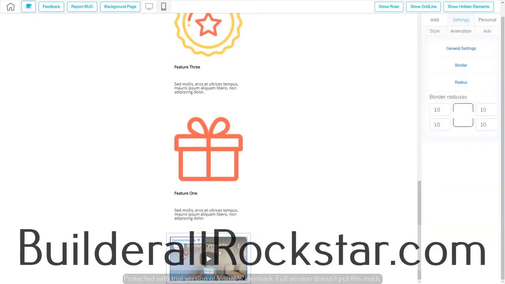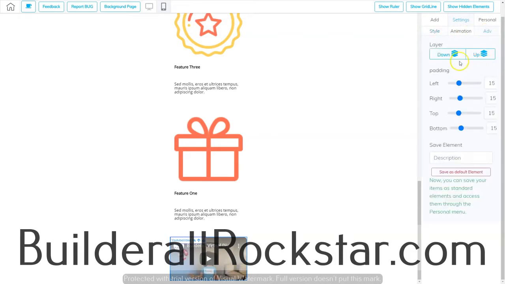If I right click, I've got some more settings that I can do. Just remember that if I go to the style settings, whatever I do here is going to affect the desktop. So if I make changes here, it's also going to make it on the desktop version. But if I go to advanced, here's where I can do some specific settings on mobile view, and that includes